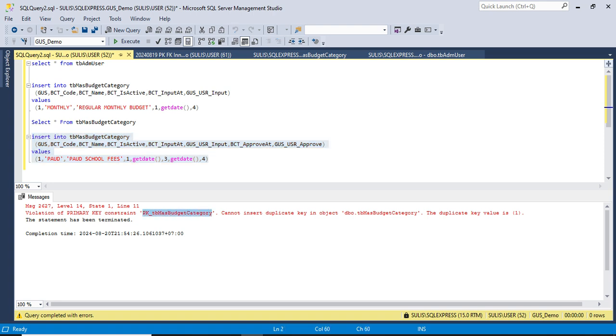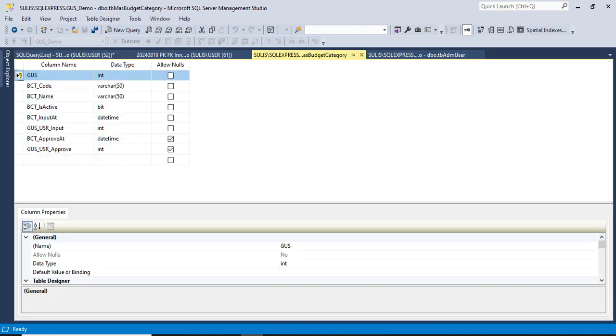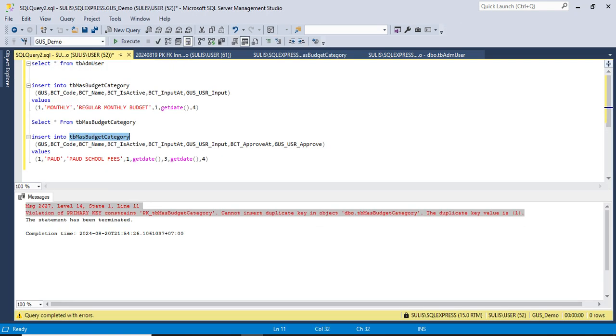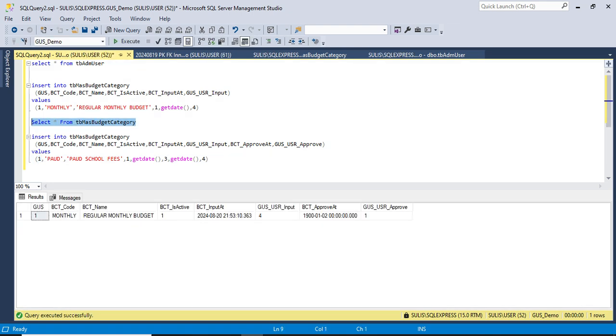Violation. You see, we get this violation of primary key constraint of table master budget. Since I set Goose as the primary key, I cannot input data Goose 1 because it will be duplicated. Now I will try to give it value 2.